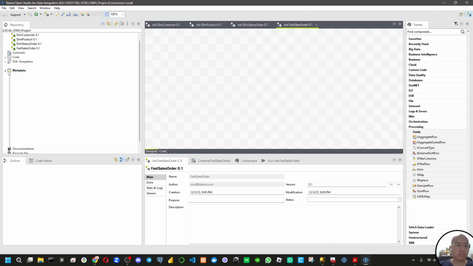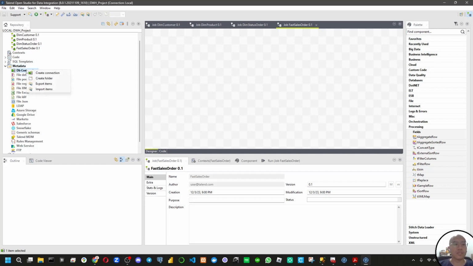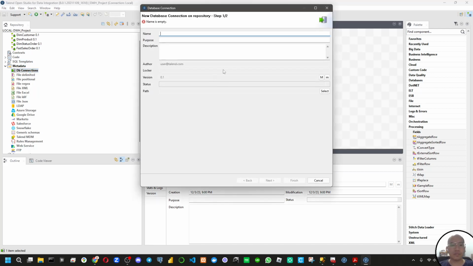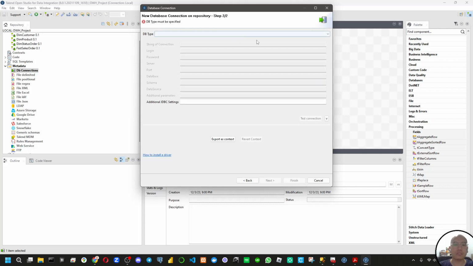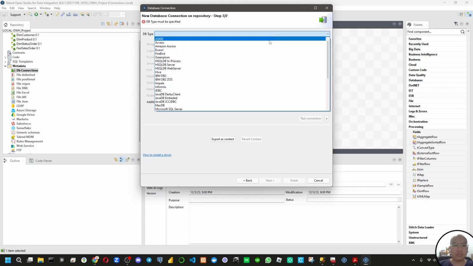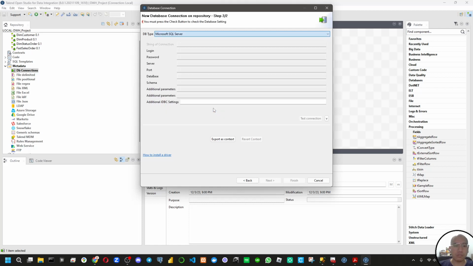We go to the metadata, and then we right click on the database connection, create connection, and we fill this one. Okay, the first connection, I'm gonna name it staging. Next, and then we choose Microsoft SQL Server.